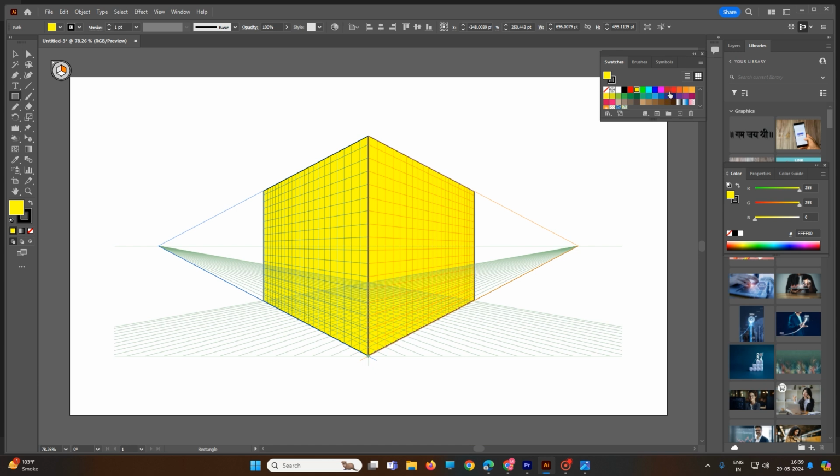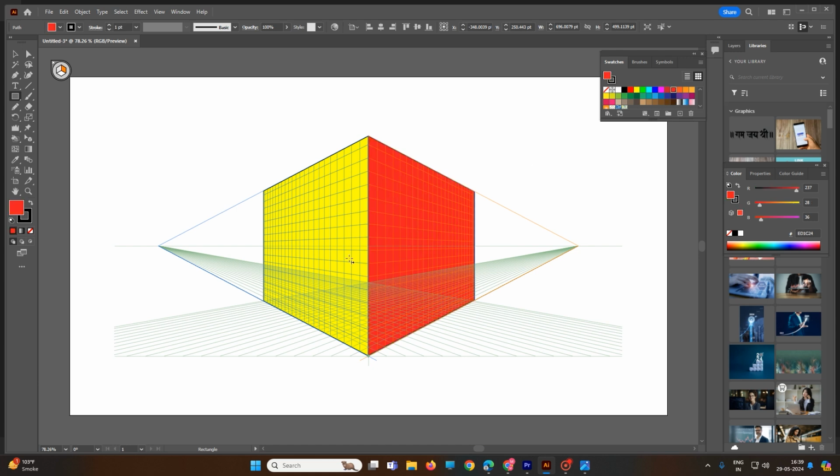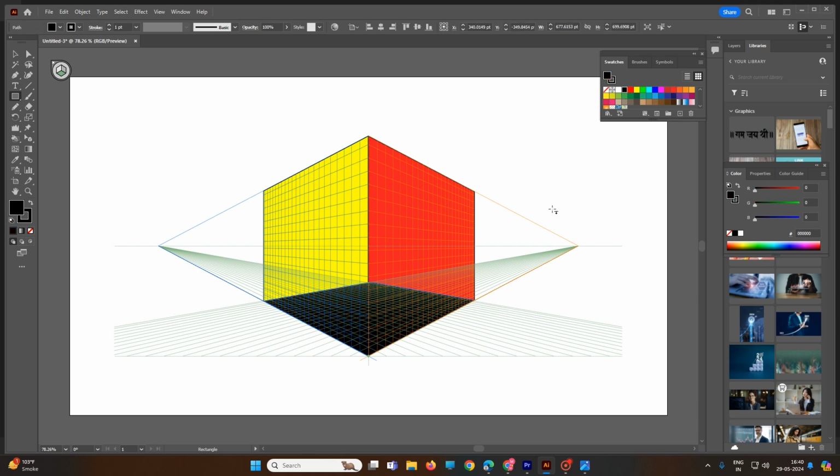Change the color like that, and I want to make one on the bottom. Select the rectangle tool, draw one rectangle and inside, change the color to black. So with the help of the Perspective Grid tool, we can make a